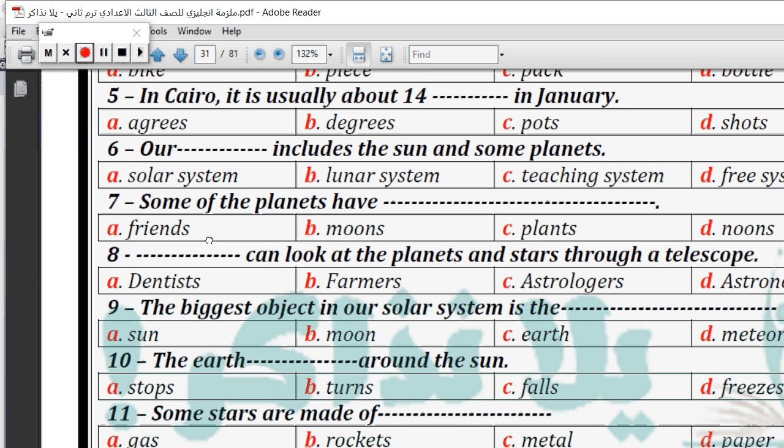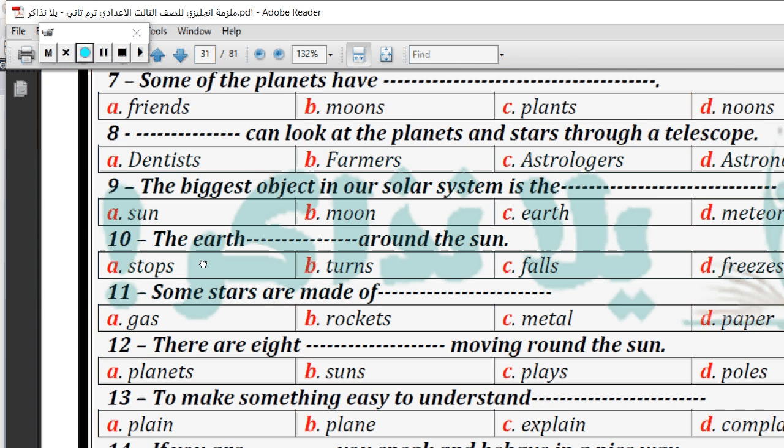Number 10, the biggest object in our solar system is the sun. Very good. Number 11, the Earth space around the sun: stops, turns, falls, or freezes. The Earth turns around the sun.